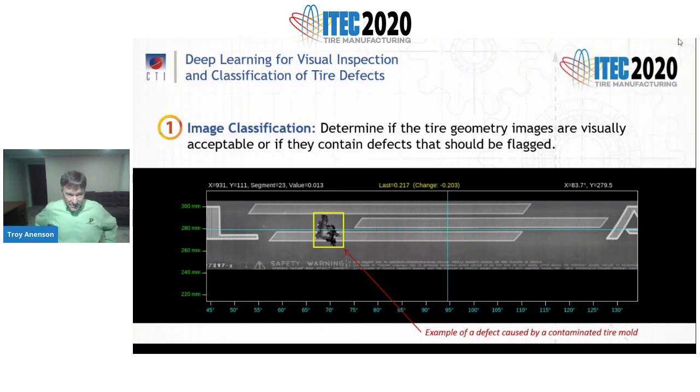so here's a slide of a sidewall of a tire showing another visual defect that wouldn't be found by tire geometry systems, but with visual inspection software, we could highlight this defect and even classify this defect once a deep learning model has been trained. And this defect looks like, again, it would be caused by a contaminated tire mold. And on the next slide,